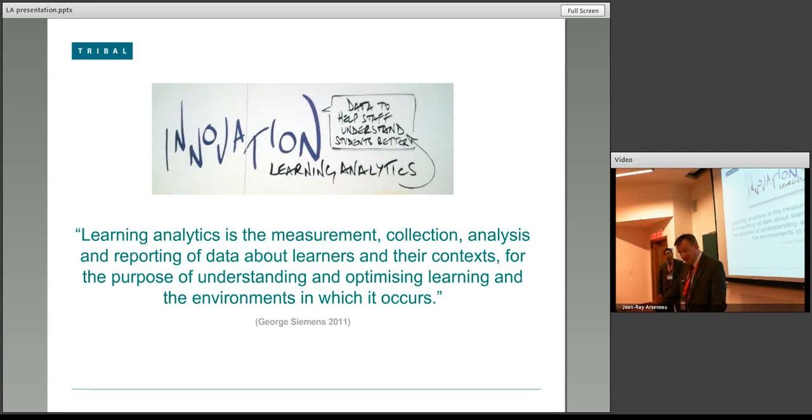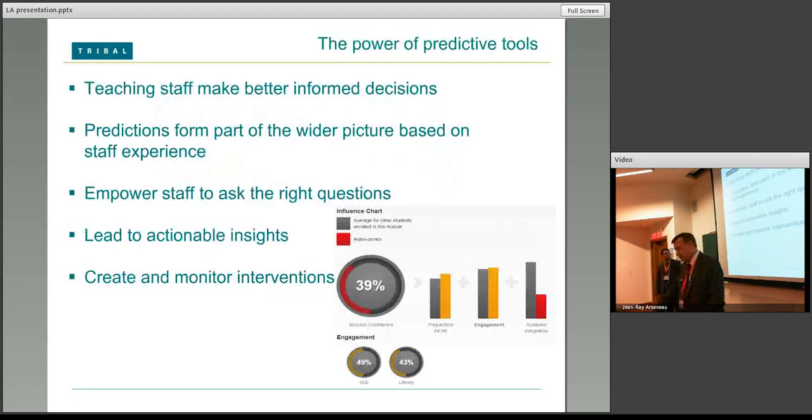So learning analytics is really about using data to help us understand how the student is learning, what progress they are making, are they struggling, do they need additional support, and how can we personalize the way they learn or the support they receive to help them so that they'll be the best they can be. In creating this particular project and the software associated with it, we used a number of universities trialing this.